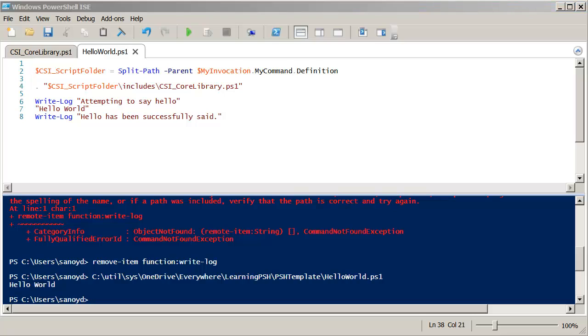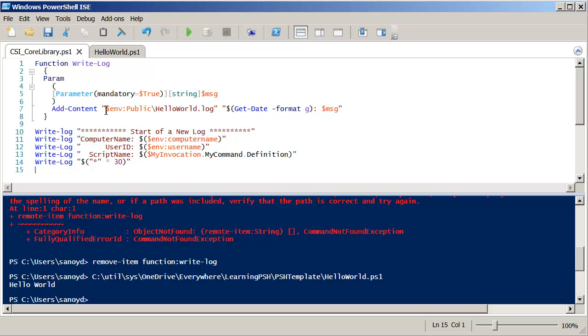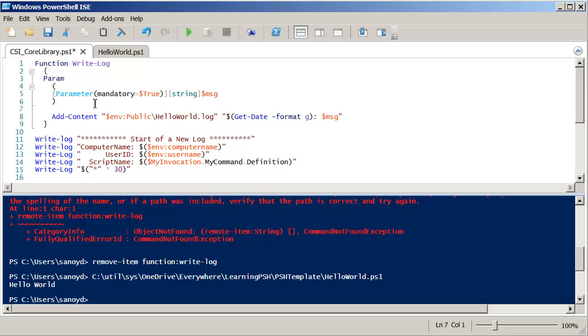So next, what we want to do is enhance our logging function a little bit. We now have the ability to have it in the library. What I want to do is allow the log name and the log folder to be exposed in our script. We want the log folder in case we would like to put other things there. So let's say we run an MSI install and we'd like that log